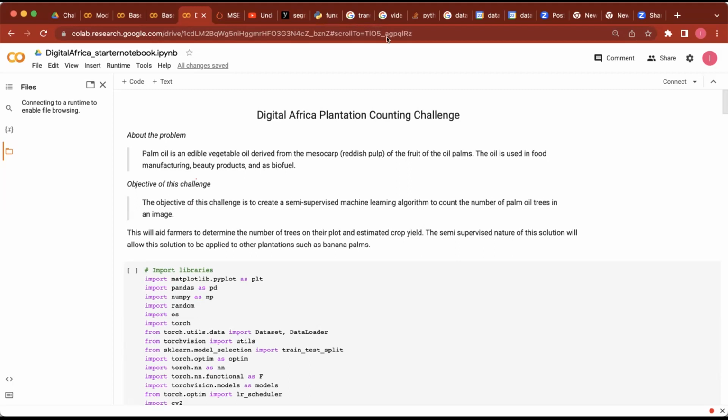I saw someone had their hand raised. Would you like to unmute yourself and ask the question? Yes, Oswald. Okay, yeah. You've already answered the question. I was trying to ask because I noticed that the tree image file is very large, and sometimes it's difficult to just get it downloaded into your system. But I think there's a way in Kaggle.